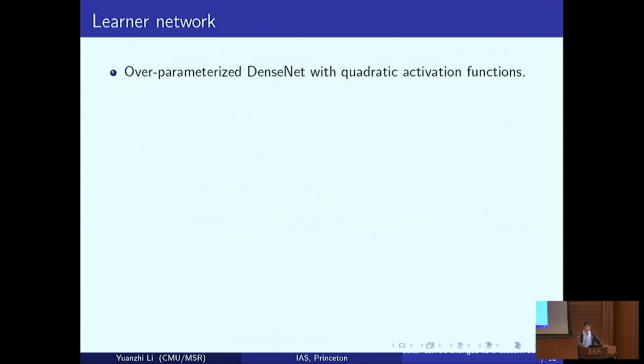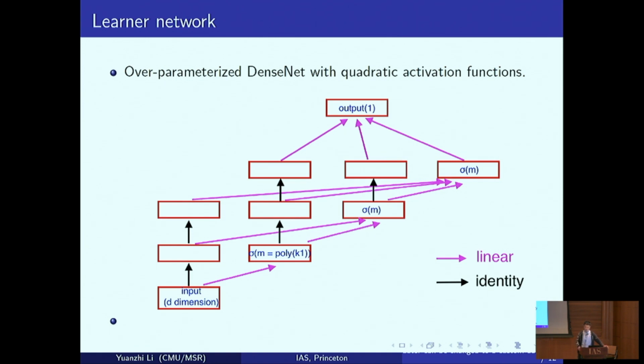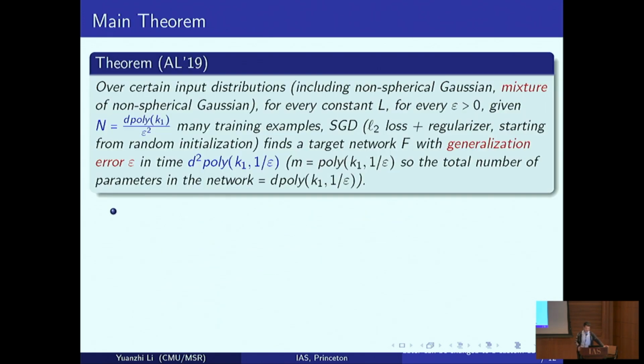And the learner network now is just an over-parameterized dense network with quadratic activation. It has the same structure, just the neurons are larger. And so this is the main theorem. The theorem says that over a certain input distribution, which can be non-spherical Gaussian or even a mixture of non-spherical Gaussians, and for every constant L, given linear in the input dimension times polynomial in the hidden nodes of the target network, many training examples, SGD can recover a ground truth network with generalization error